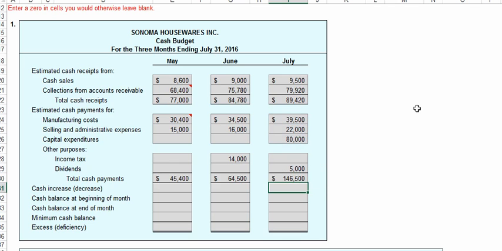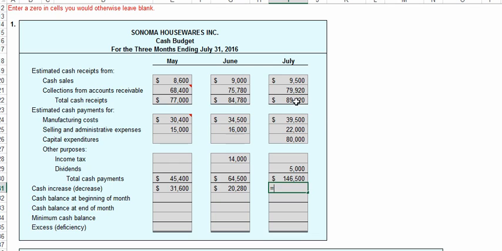And we'll get a total for each of the 3 months. Okay, now, to get our amount of expected cash increase or decrease, we're going to take total cash receipts and subtract total cash payments. Total cash receipts, $84,780, minus total cash payments, $64,500, gets you $20,280,